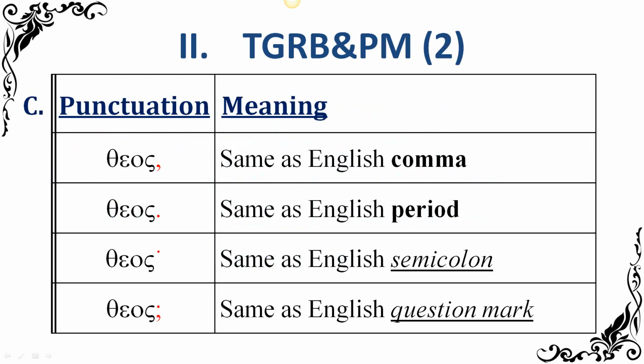All right, punctuation and meaning is easy, but not. There are four punctuation marks in Greek. Two of them are exactly the same as in modern English, which is great. The comma still acts like a comma. The period still acts like a period, but the next two are weird and goofy. The raised dot in Greek acts the same as the English semicolon, and it's also used to introduce direct speech, so you can also think of it as quotation marks.